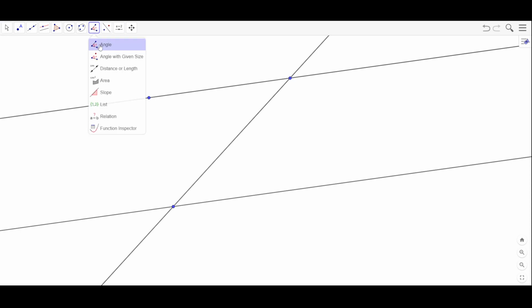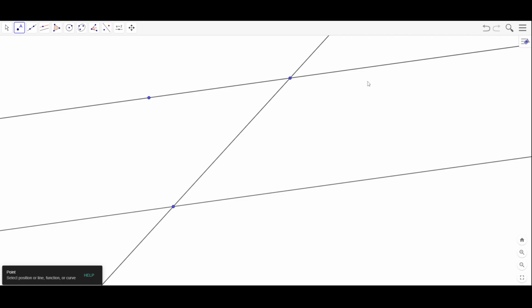I can use my angle measuring tool up here. It's going to require me to select 3 points to talk about the angles, so I actually need some more points on these lines. That wasn't actually on it. Undo that. I need some points on these lines to actually talk about here, so I'm going to do that real quick. Then I can use my angle measuring tool that requires me to select 3 points to measure these angles. And I can't remember the order I need to select these in. I think this is it. Nope. Okay. If I go the other way, how about this? There we go. So it tells me here that this angle measures